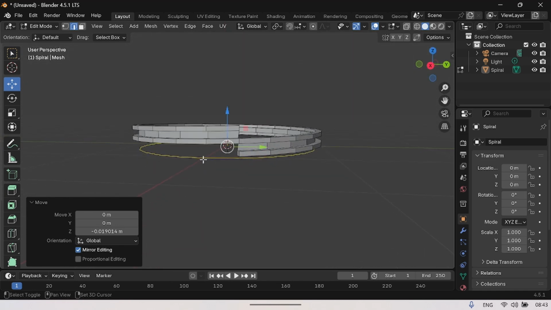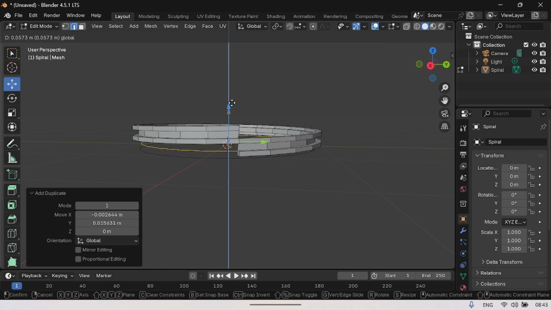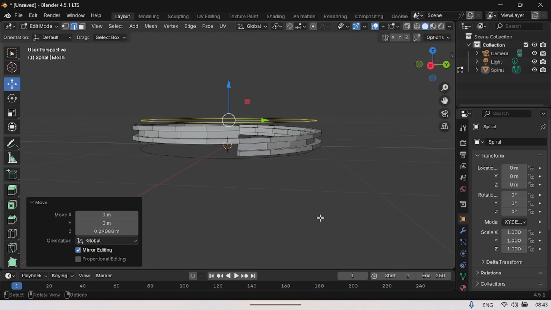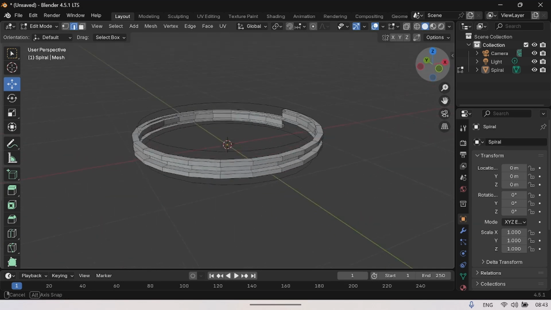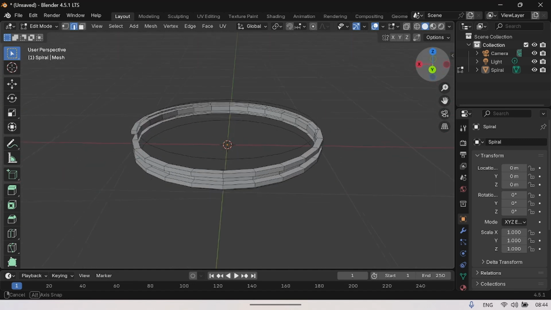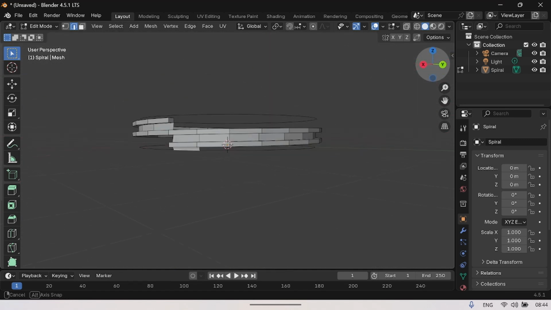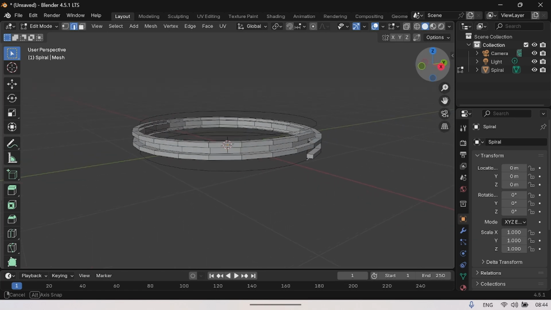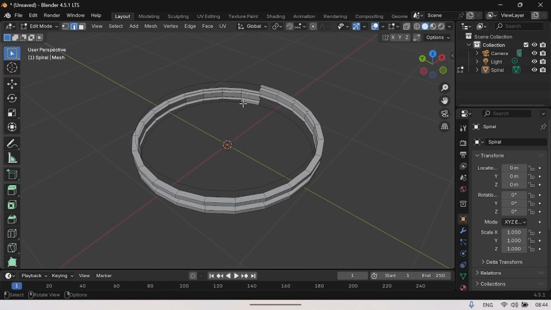Then I'm going to duplicate it by pressing Shift D, and then moving it on top like this. Then I'm going to merge the inside faces of the spiral to the circle. I'm going to select this. I'm going to select here. Then just like we did the other one, I'm going to fill it. Let me see how it looks. Yeah, it's amazing. I'm going to select the edge and fill everything